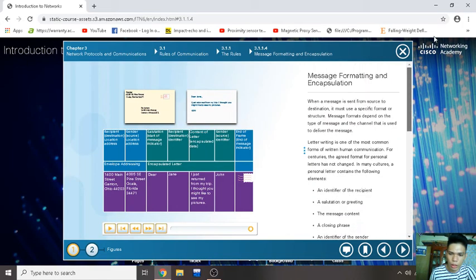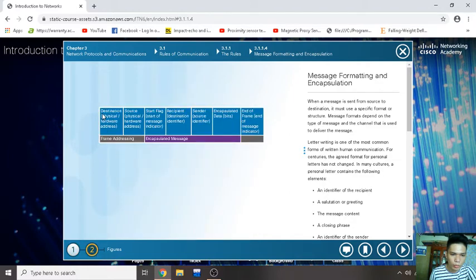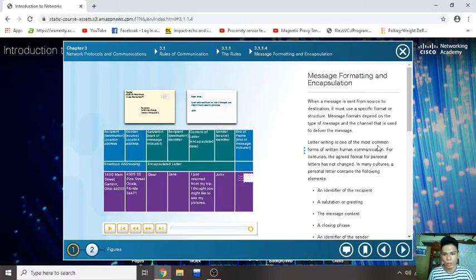You can see it in this little video. So we know how to identify this encapsulation and message formatting. So the next